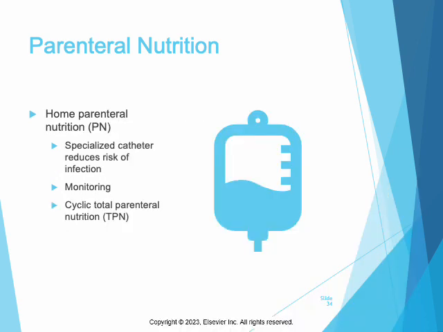For select patients, home parenteral nutrition can be an option, and a specialized catheter can be used to reduce the possibility of infection. It's placed through a tunnel under the skin. It exits the chest at a place where it's easy for the patient or the caretaker to care for it and to use it. As with the other types of enteral and parenteral nutrition that can happen at home, it